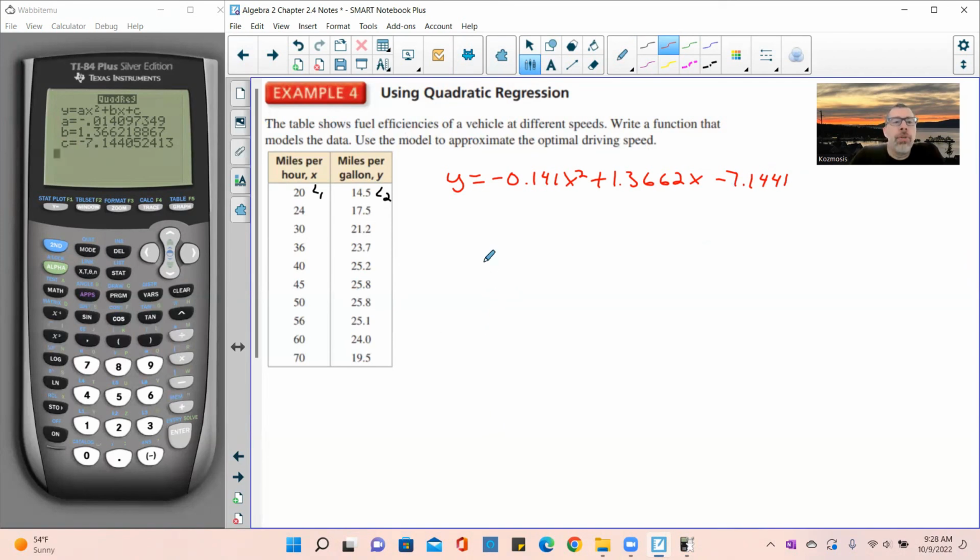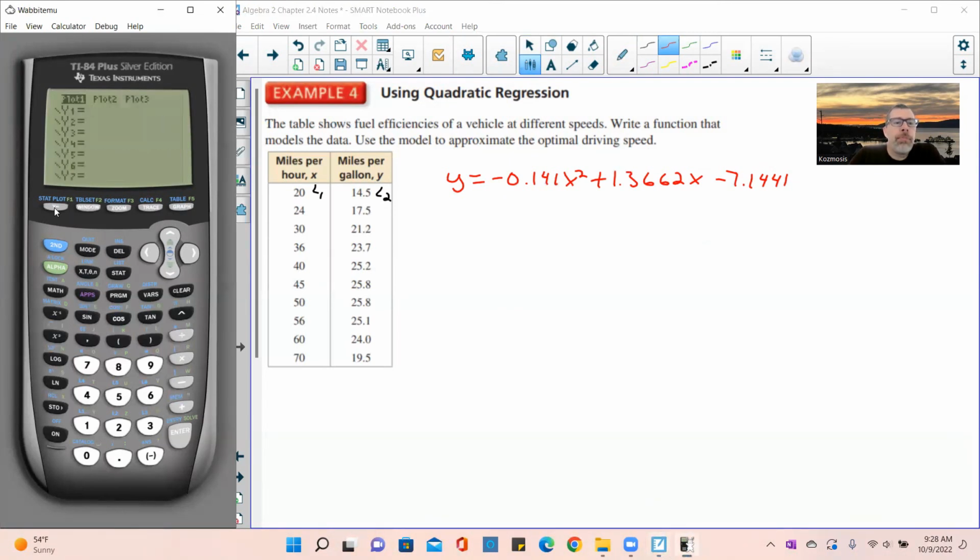Okay, so now what we need to do is store this in y equals. So you go to y equals. Now we go to the vars button right here. Press vars. We're now doing statistics, which is 5. Press 5. Arrow over to EQ. Press enter. And it put this equation in y1. It doesn't look like it, but this arrow here tells us that it's this way. And it's gone off the screen because they're showing multiple